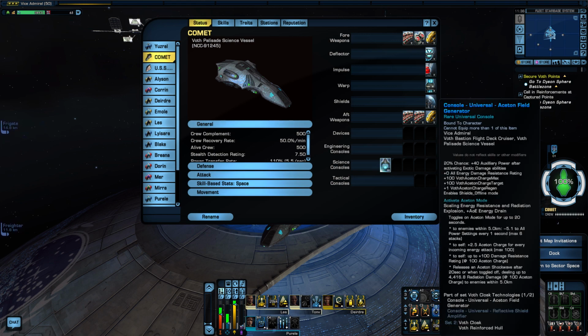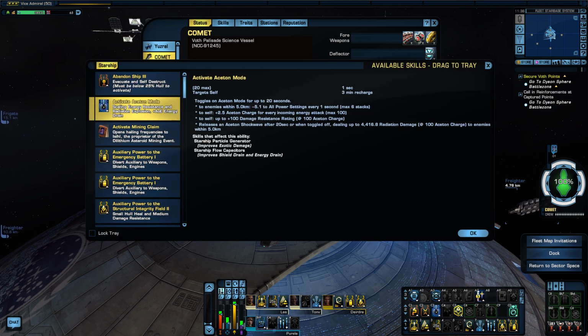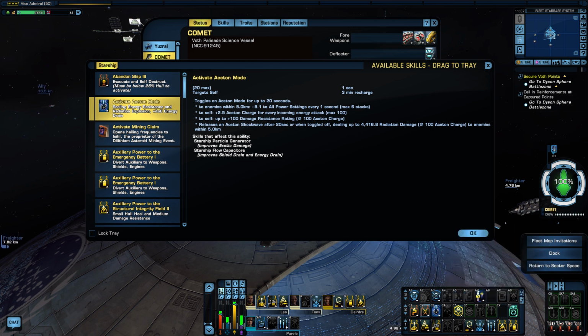On its own, it allows access to Aceton mode, a 20-second long ability with a 3-minute cooldown. During the 20-second charging phase, all enemies within 5 km are hit with a stacking debuff to their power levels, about -5 to -6 depending on your flow capacitor skill, but it increments every second to a maximum of 6 times, so if you mix it up with other area drains like Tychon's Rift, then you can be looking at